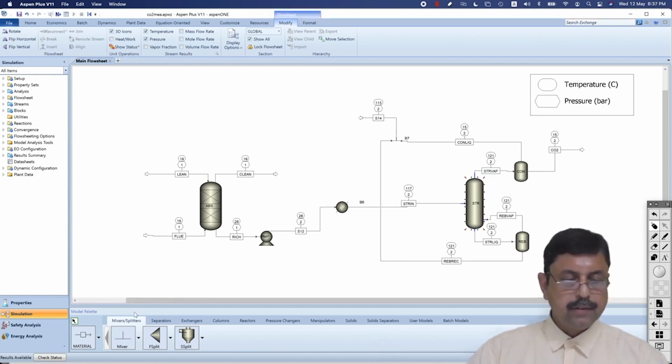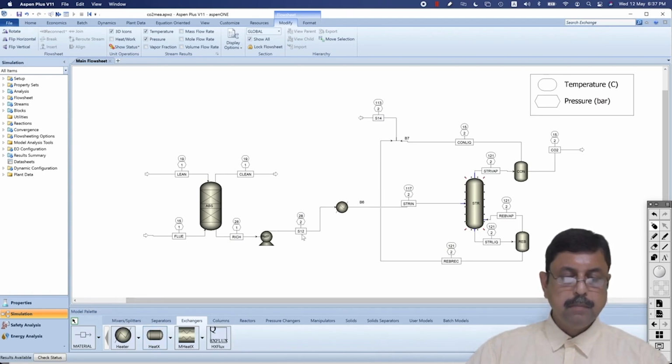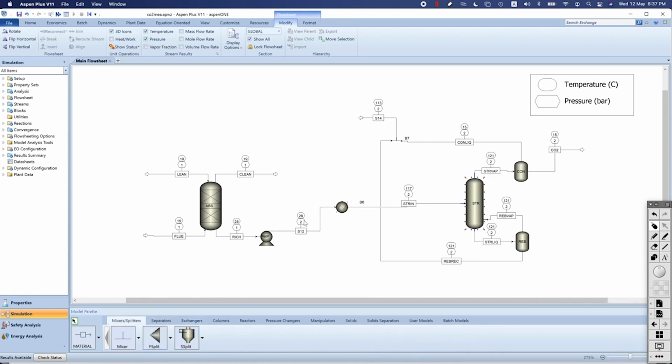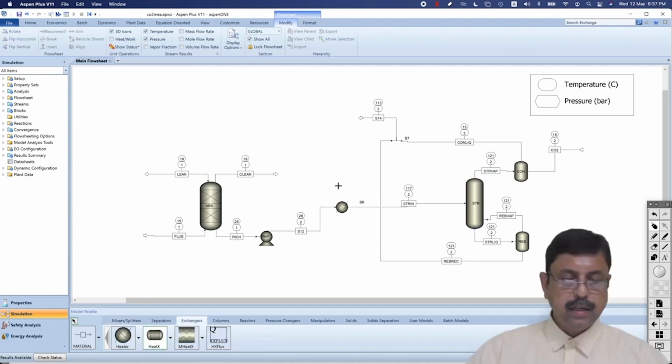Now let us take a strategy. Now time has come to replace this heater with this heat exchanger, but we'll not completely discard this heater. I'll tell you why. We feel that it is not possible for this stream to pass on enough heat to make it 117 without experiencing the temperature crossover. First, we'll place the heat exchanger over here,